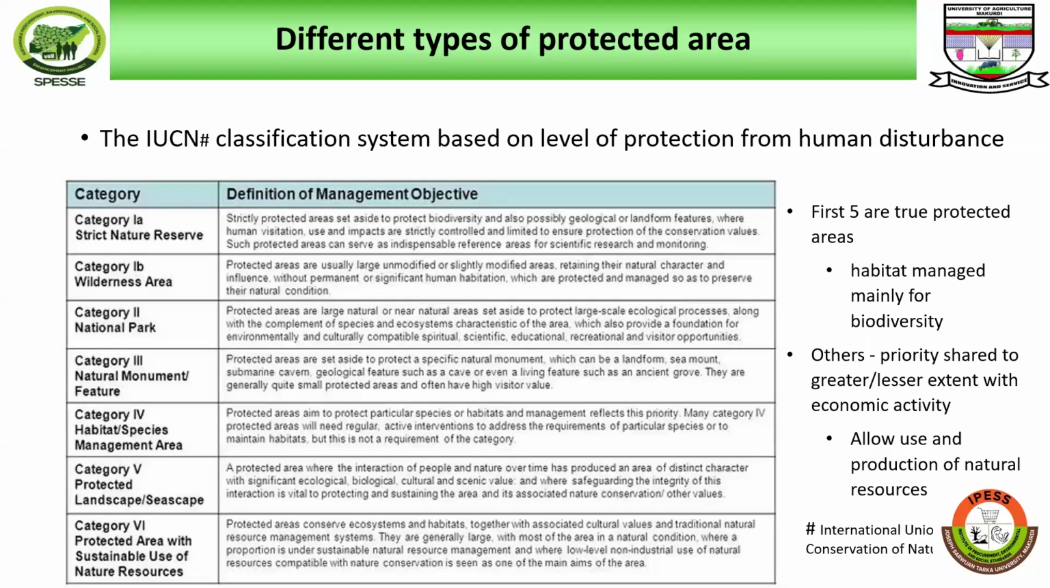These areas are usually large, unmodified, or slightly modified. So in this case, they are a bit modified compared to the nature reserve. They retain their natural character and influence without permanent or significant human habitation, which are protected and managed so as to preserve the natural condition. Category 2,